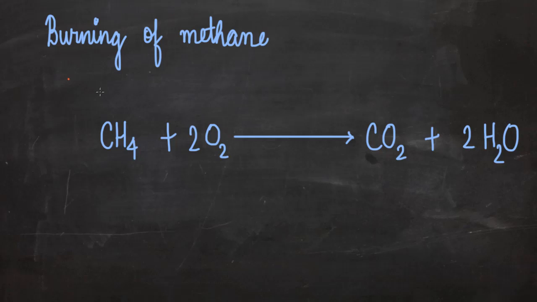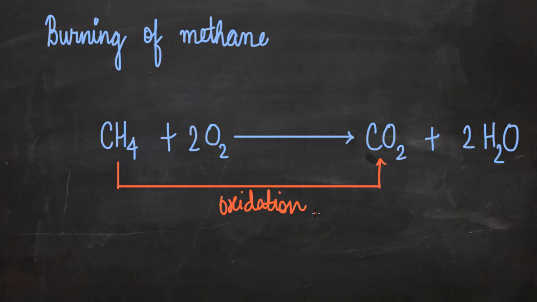Let's see the example of burning of methane. So methane burns in oxygen to give carbon dioxide and water. This is a highly exothermic reaction. If we see this reaction here, methane is gaining oxygen. So that means that methane is getting oxidized. This is oxidation because it is gaining oxygen. And since methane is getting oxidized, that means that oxygen is going to receive the electrons that methane is giving out, or oxygen is going to get reduced. So this is